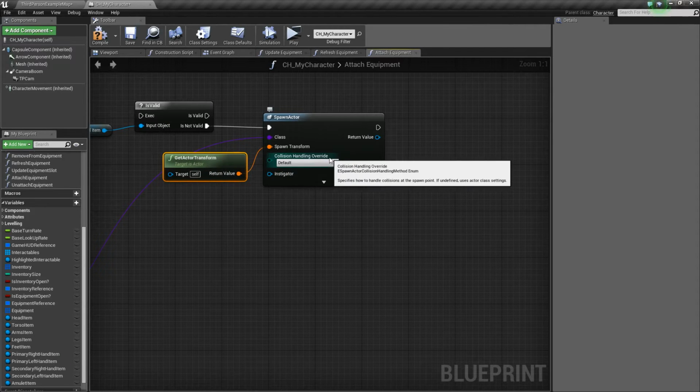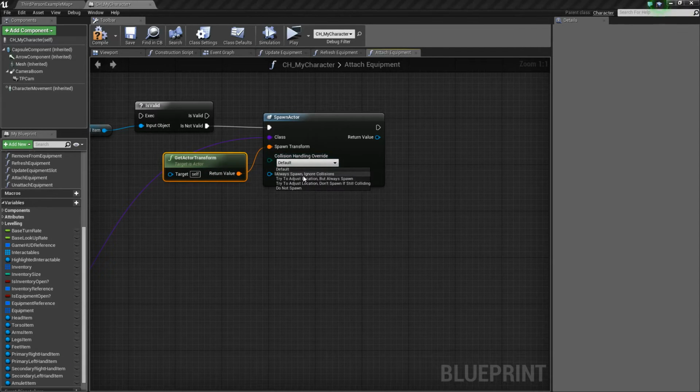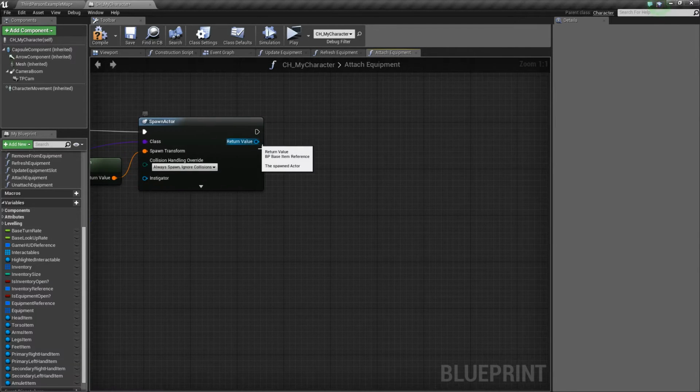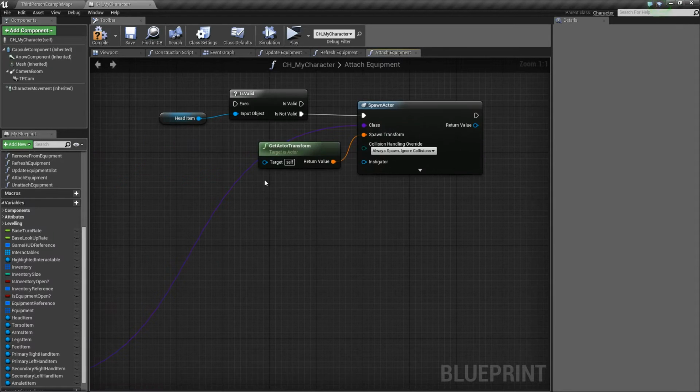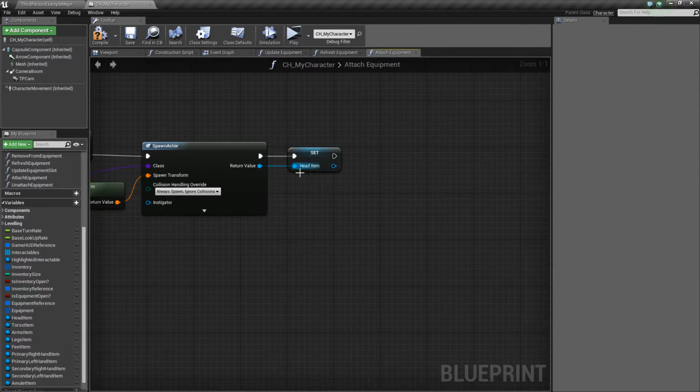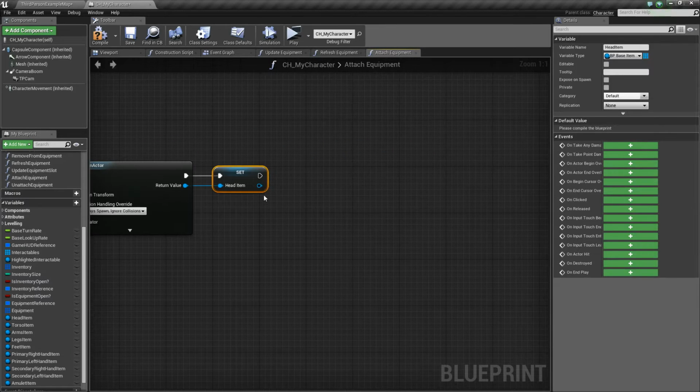All right, then for collision handling override, we're just going to say always spawn, ignore collisions. Okay, so we've done that. Now we're going to take this return value and use it to set our head item. So we'll get our head item here, say set, and plug this in. Now that we've set our head item, the next thing we want to do is